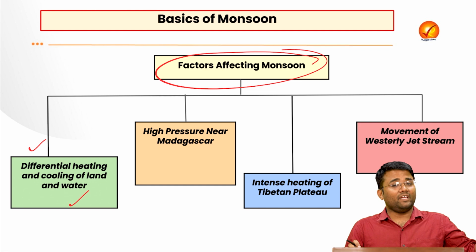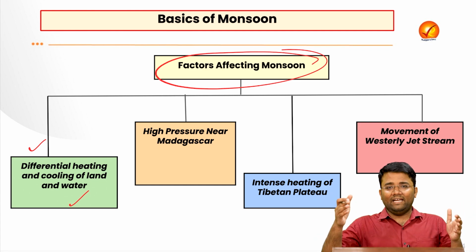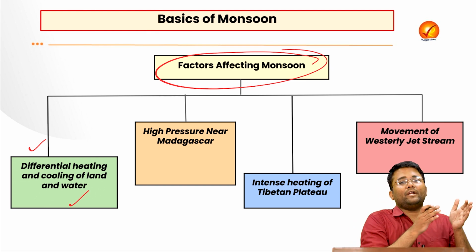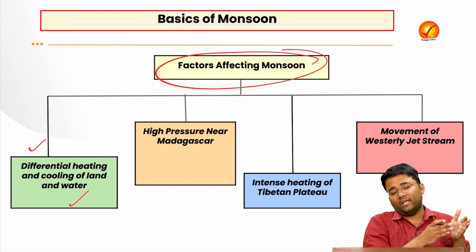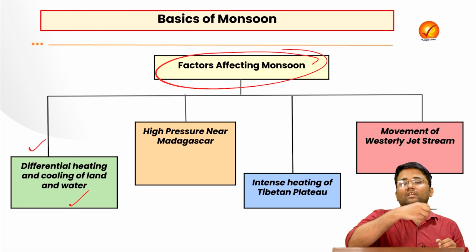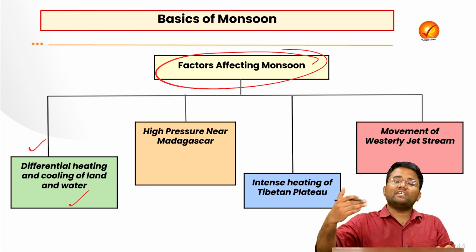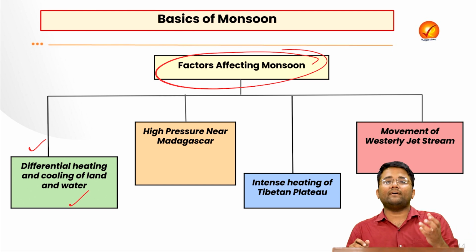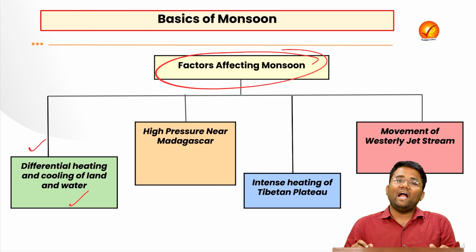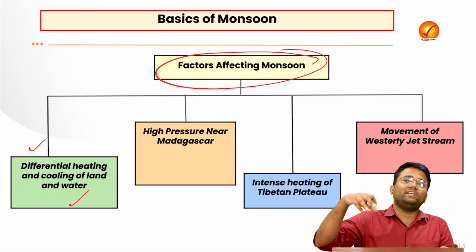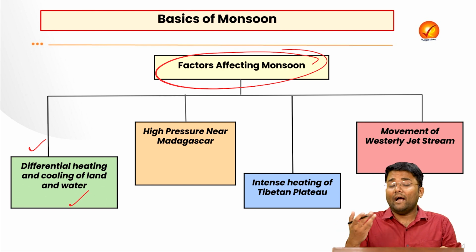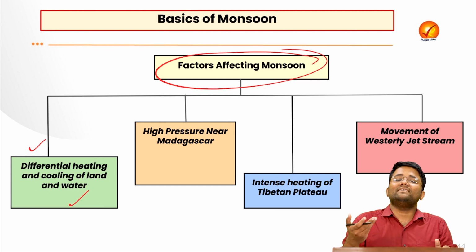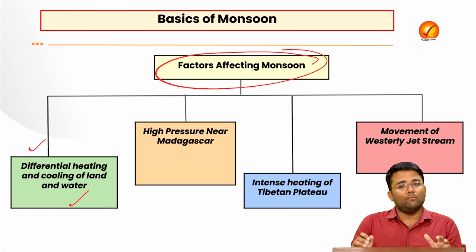There will be high pressure in the water bodies compared to the land areas. So because of this low pressure which has been created in the land areas as compared to the water bodies which have high pressure, these high pressure winds will come towards the low pressure land areas, and when they are coming, they will also pick up moisture along with them. When that moisture-laden wind comes towards the Indian subcontinent, precipitation will happen, and obviously it will lead to rainfall, which will also be one of the factors in enhancing the monsoon rainfall, and that actually happens in the monsoon season.